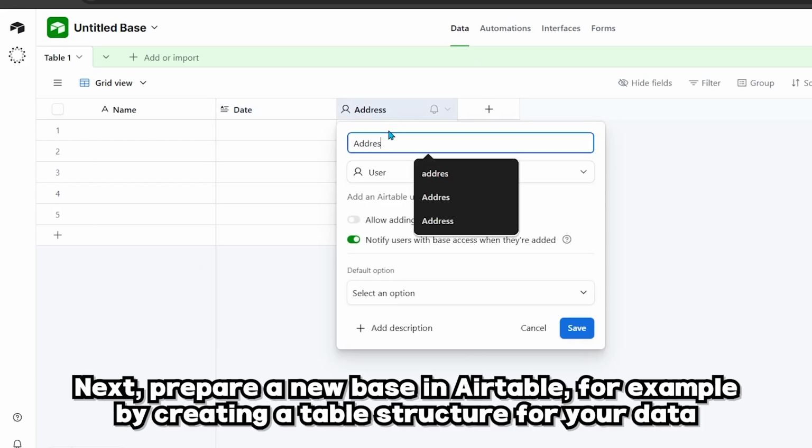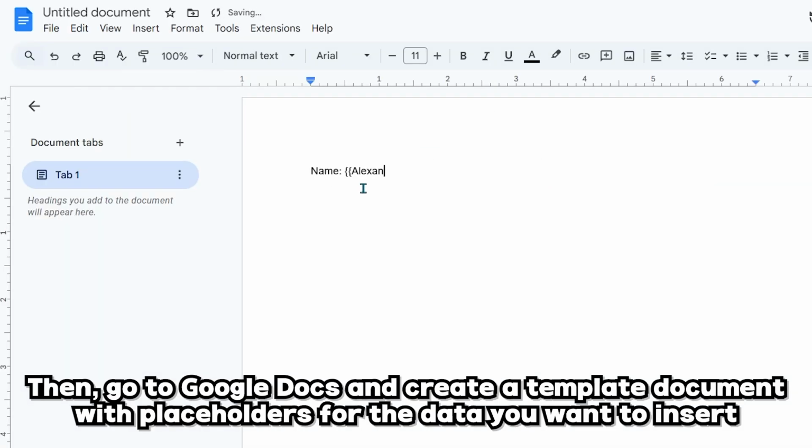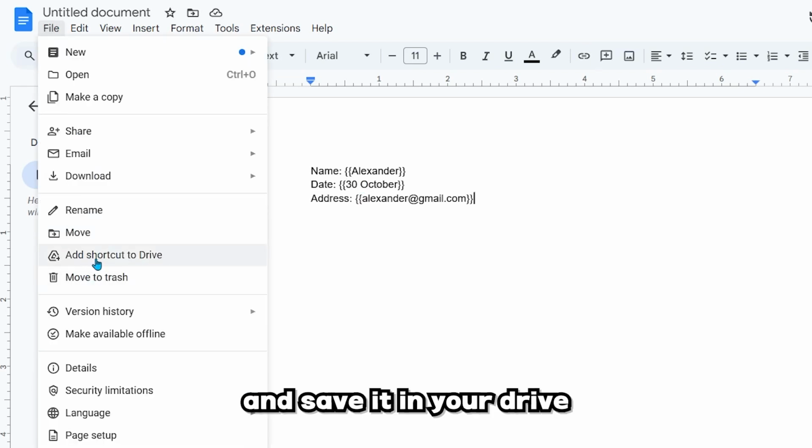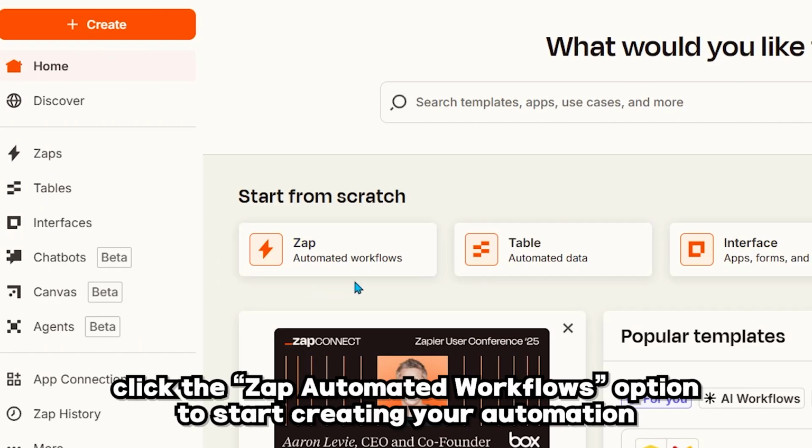Next, prepare a new base in Airtable, for example by creating a table structure for your data. Then, go to Google Docs and create a template document with placeholders for the data you want to insert and save in your drive. Once you are back on the Zapier homepage, click the Zap Automated Workflows option to start